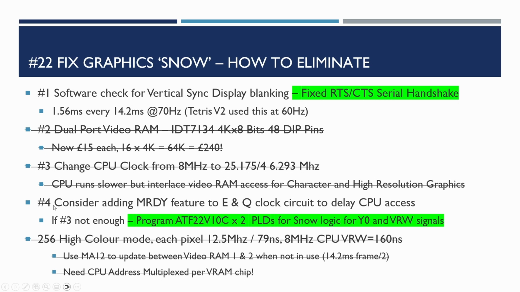And then I also looked at all the complicated timing around the CPU E signal, which is used to control when we read and write to the video RAM, and how that varied depending on where it was in the current video dot clock cycle. What I'm going to do in this video is program a couple of PLDs to try and address that. I was looking at the ATF 2500, which is a slightly larger chip, a more complicated chip, but I had a few problems with getting those programmed. So rather than spend any more time on it, I decided to go with 2 PLDs rather than the one larger one I showed last time.